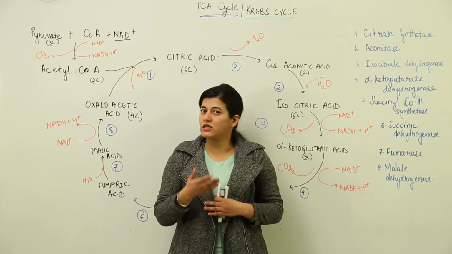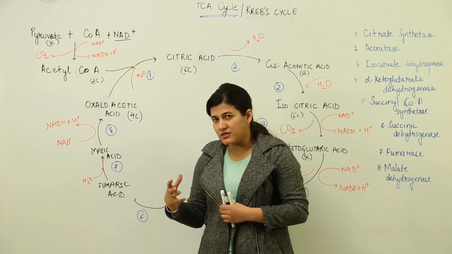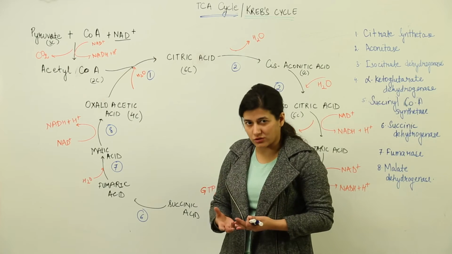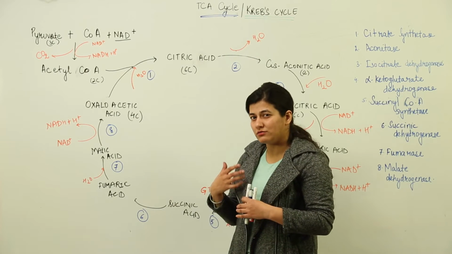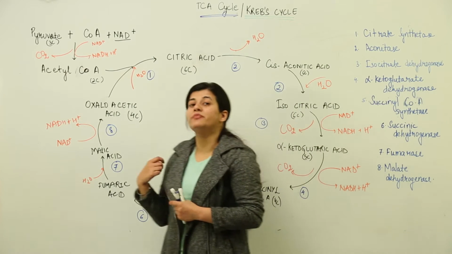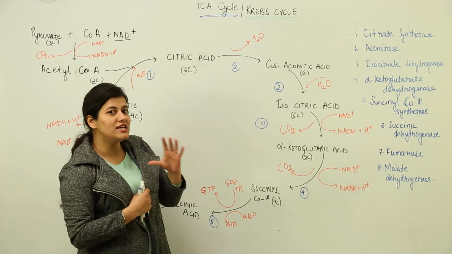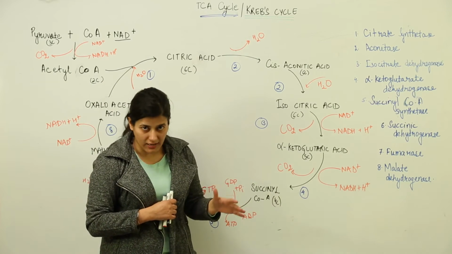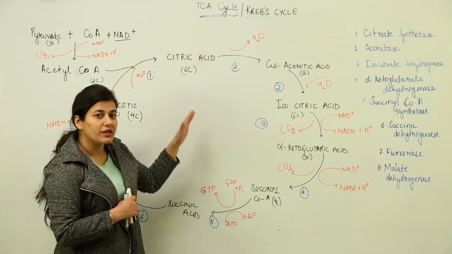And what we have done till now is 10 steps of enzymatic activity, long steps, difficult names, and we have not achieved either a water molecule or a carbon dioxide molecule. So there must be something fishy in between. This step, the aerobic respiration step that takes place inside the mitochondria, deals with the release of carbon dioxide molecules. Now we are going to see the TCA cycle or the Krebs cycle, where actually we are going to see